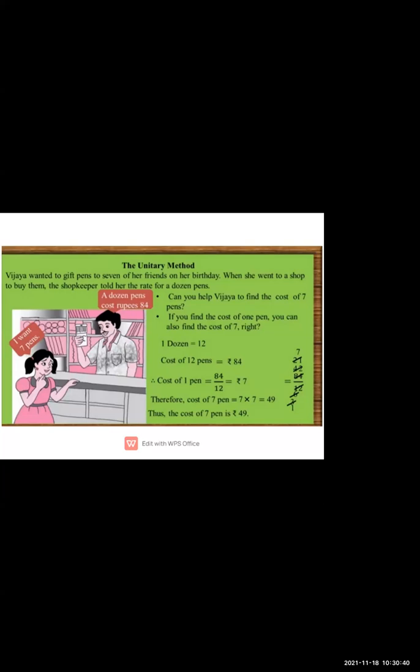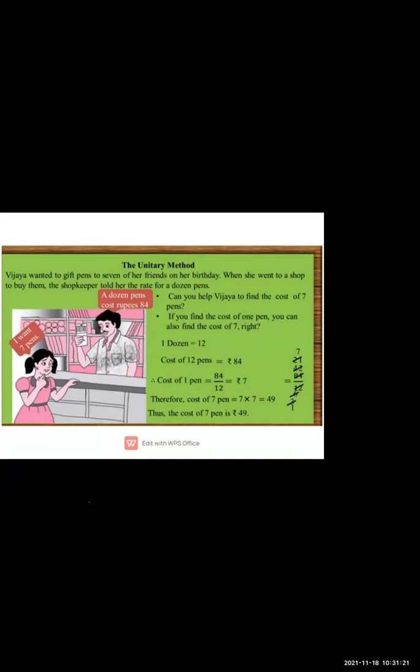Let's see. 1 dozen means 12. Just now I have told you dozen means the number 12 of a quantity, it is known as a dozen. Okay, जहाँ पर 12 चीजों का ग्रुप रहता है, that is known as a dozen. For example, I have given you the fruit banana. Why have I given you the example of banana? Because mostly when you have gone to a market, your mother or your sister, when they are buying, they will ask the shopkeeper कैसा डजन दिया है, ठीक है? So that is known as 12. In a dozen they are having 12.